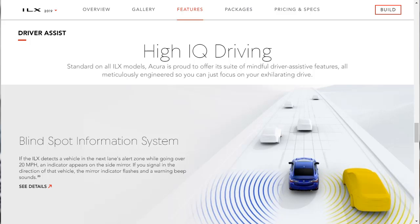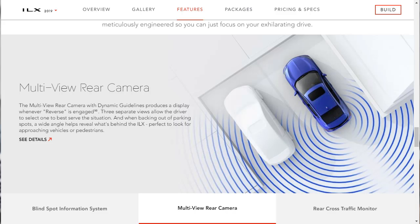So it'll let you know that there's a car in your blind spot, but it's not an active system, meaning it won't steer the steering wheel back into the lane. It will not do that for you. Then there's the multi-view rear view camera with dynamic guidelines, produces a display whenever reverse is engaged. 3 separate views allow the driver to select one to